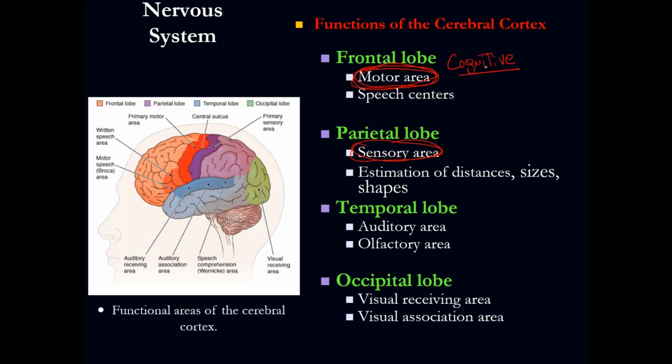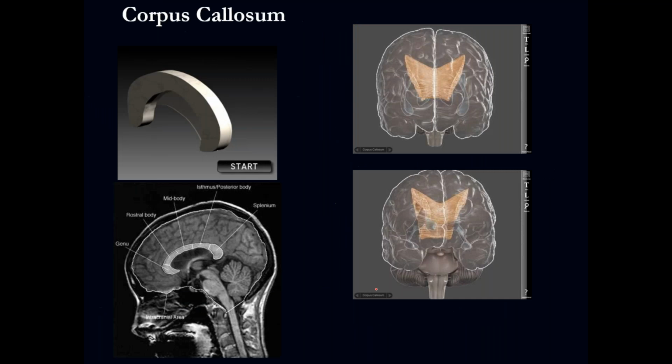Frontal lobe, okay? Parietal lobe is the sensory area, so everything you touch, pain or pleasure, is going to be felt in the parietal lobe. Temporal lobe is going to be the auditory area. So remember the temporal: touch your temporal bone, you can touch your ears, right? Just too easy to remember. Occipital is the visual, the occipital lobe.